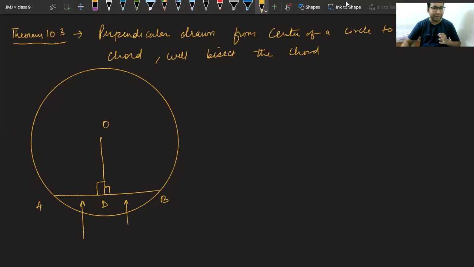You will join the radius and this A. Sorry, center and A. So you will get this thing. Why did this idea come to us? Because we were finding that somehow these two sides should come in two triangles, and we have found that we are successful in that. We can see in the first triangle the side AD is coming, in the second triangle side DB is coming. This was very good.